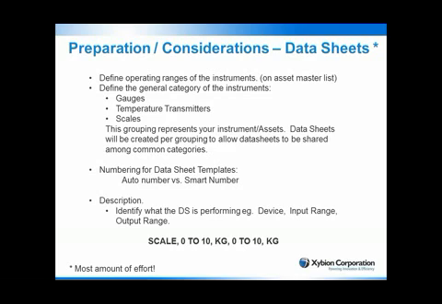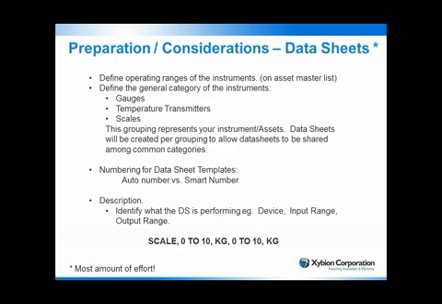The other thing around data sheets is you can have a decision how you number these things. Maximo will give a unique number. You can either choose to have an auto number. You can also go with a smart number if you choose. And then there's a description section that you'll need to think about as far as a naming convention or syntax to follow. So when you describe the data sheet,